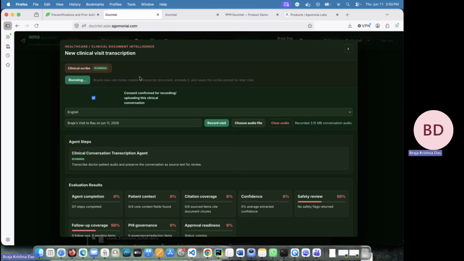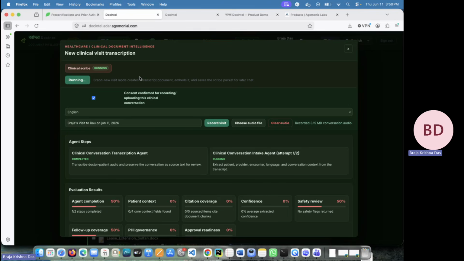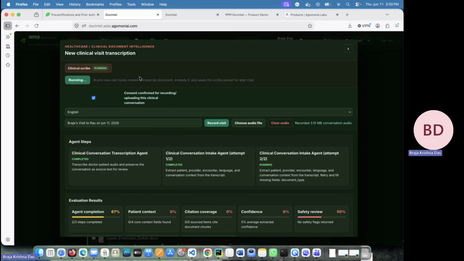So now that will become a source document. It will do the chunking and it will do the embedding automatically. That means the ingestion process will work, which I showed you earlier. So that's the way this information is available later for conversations, chat, hybrid retrievals, semantic search and all of these things. Now that can work along with your after visit summary, so that if you get some after visit summaries and these conversation scribes,